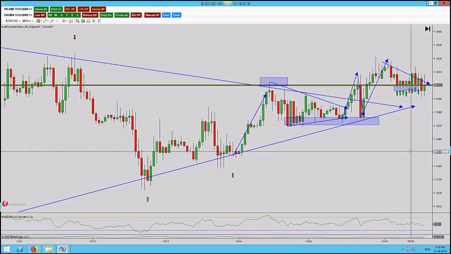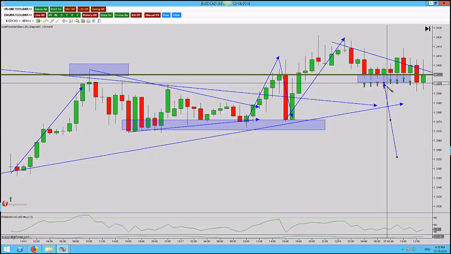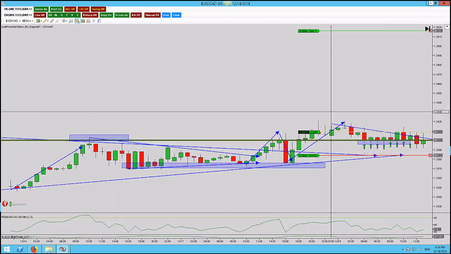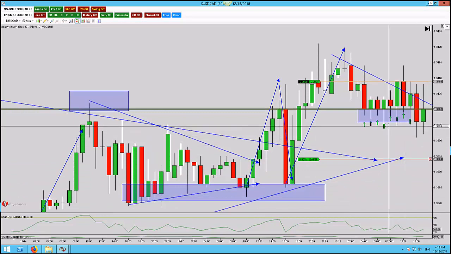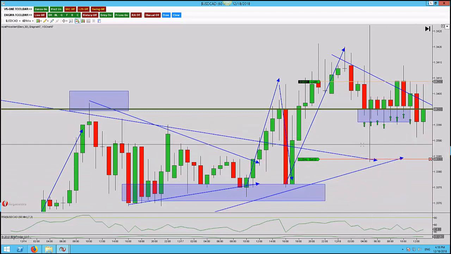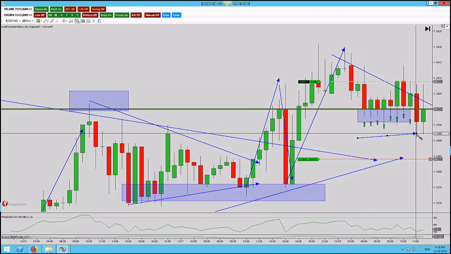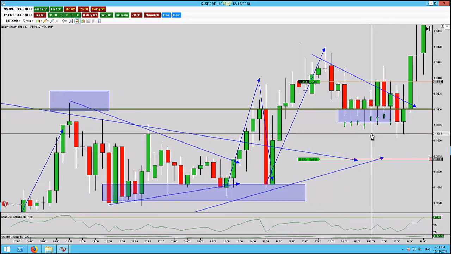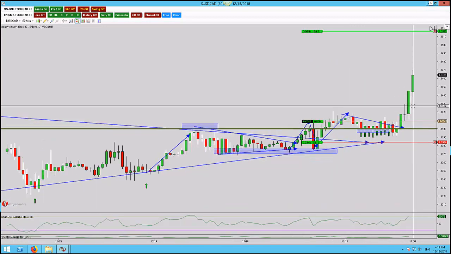So when I got involved, I put my stops a full ATR below the lowest candle, which gave me 14 pips below. So if I just bring back on the orders, fatten this back up just so that we can see it. You can see my stop was below the lows here. Price tried to push down and stop all those people out that didn't have the stop in the right place. Luckily, didn't affect me, had my stop in the right place. And then what we did is we saw a couple of big bullish moves,